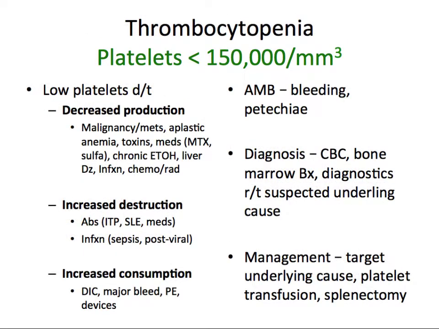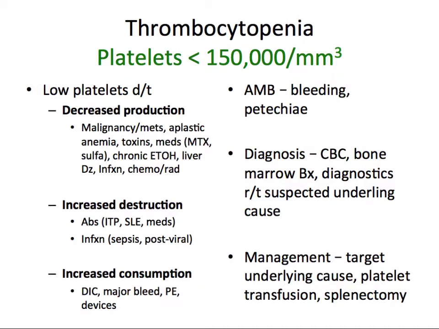The opposite problem occurs with thrombocytopenia, when the platelets are less than 150,000. The causes of thrombocytopenia are broken down into three groups. Decreased platelet production, which occurs with malignancy or metastasis, aplastic anemia, toxins, certain medications, chronic alcohol consumption, liver disease, infection, or chemo and radiation. The second group is increased destruction,